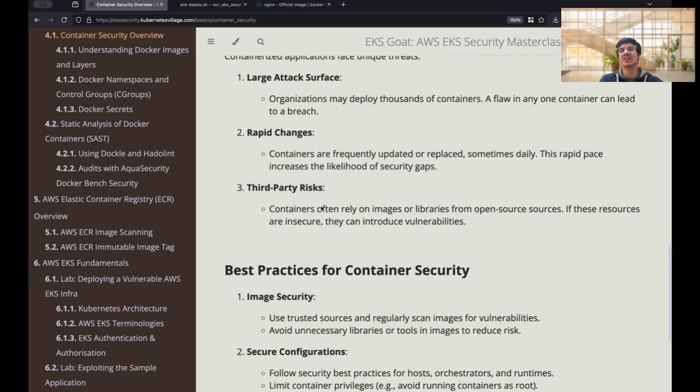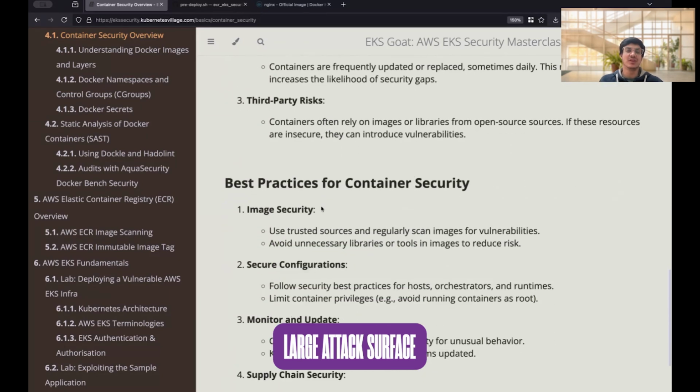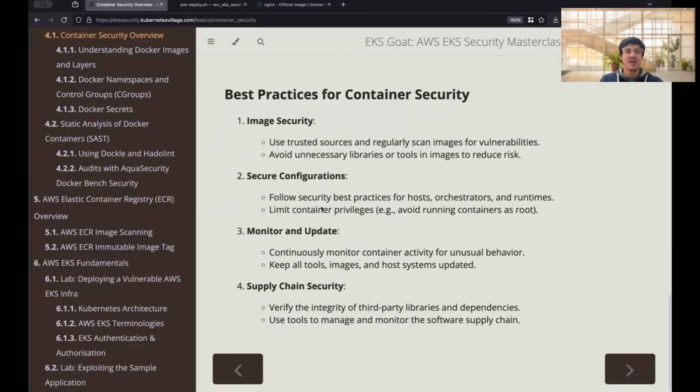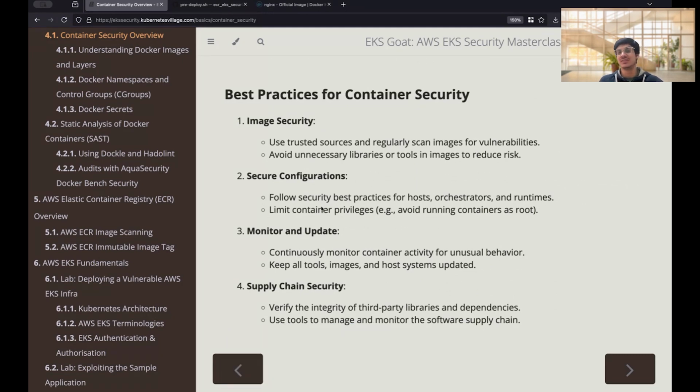The rest, rapid changes and large attack surface, are self-explanatory: rapid changes because we are doing things very fast. So we need to make sure that all the images are secure, and all the running containers have proper fixes in terms of CVEs and the isolation that is in place. Then large attack surface, as there are thousands of containers running. And the best practices we already covered: use image security, perform the scan, then follow the CIS benchmark. You can use tools like Checkov to scan that,